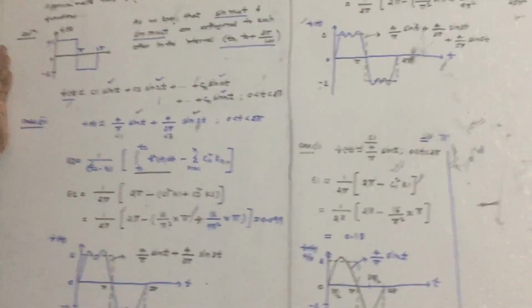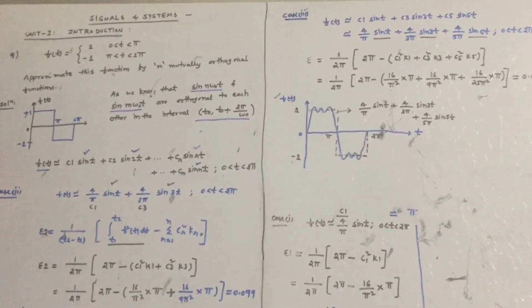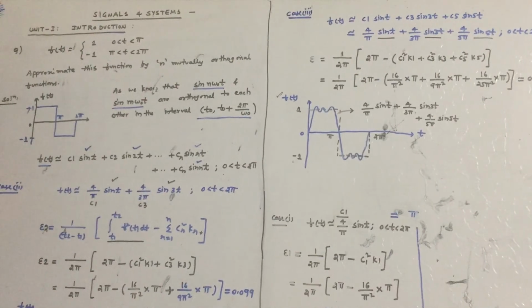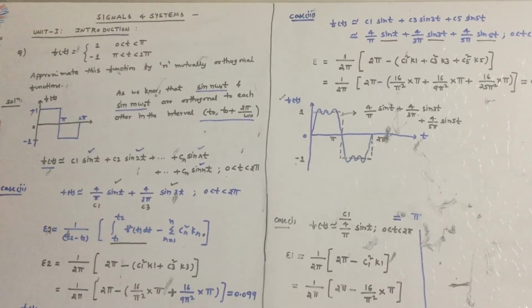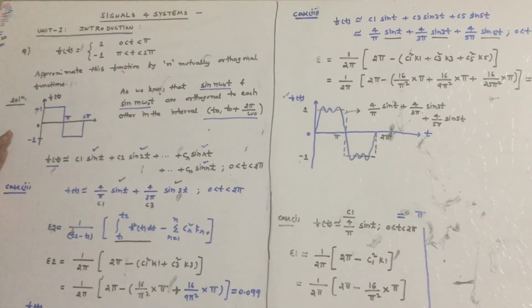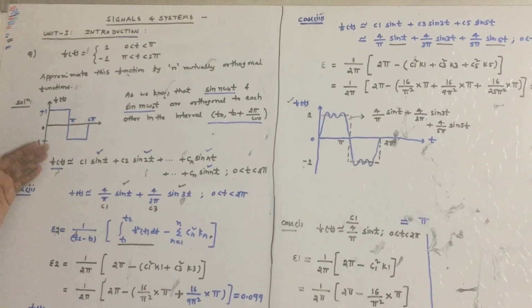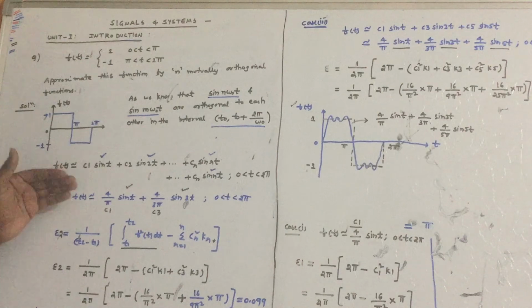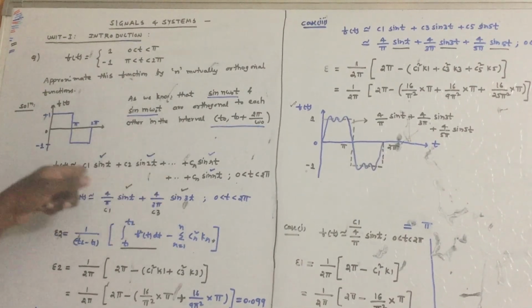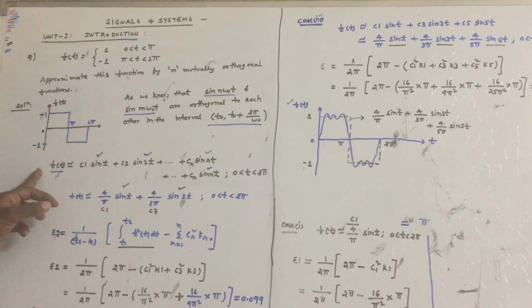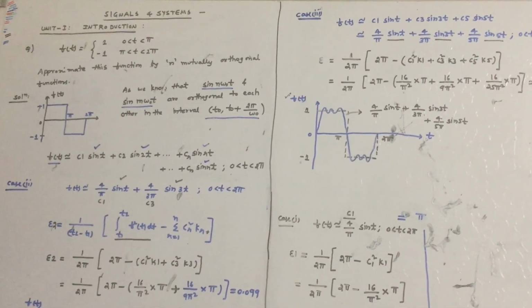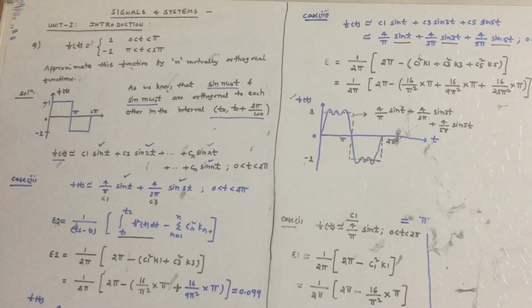What happens if the signal is approximated with one orthogonal function? What will be the error? If you approximate f of t with two orthogonal functions, what will be the error? And if you approximate with three or four, in each case you can see that if we approximate f of t with more orthogonal functions, the error in this approximation will reduce. That means the sum on the right side will almost result in f of t. So this is the concept you have to understand from this very important problem.